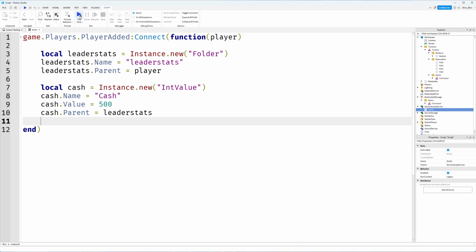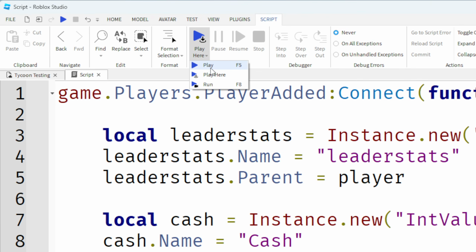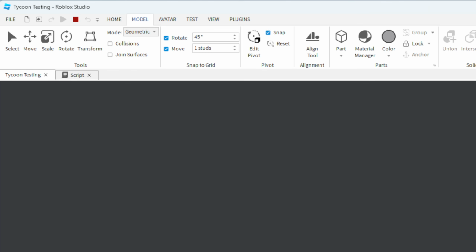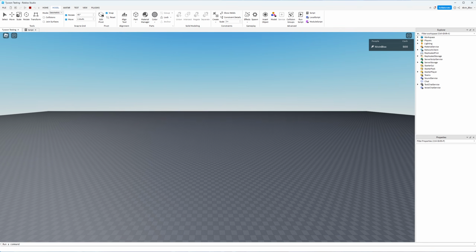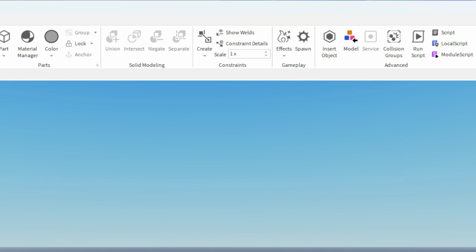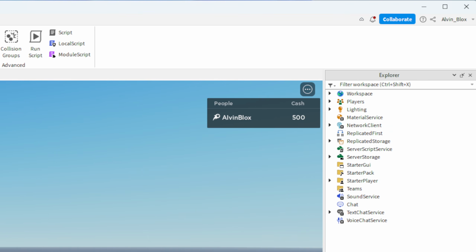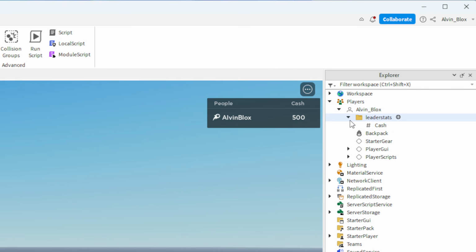So if you click on the play button in the script editor up here, you should see that when the player joins the game, they have some leaderstats. All right. There they are. You can see we're now appearing on the leaderboard with our leaderstats. And if we were to head into the players, you can see we've got this folder with our leaderstats. So that's what we've just set up using code. When a new player joins, this folder gets added to their player.